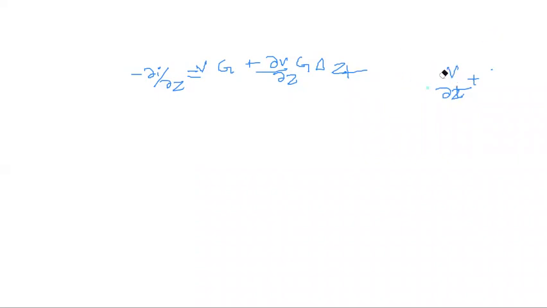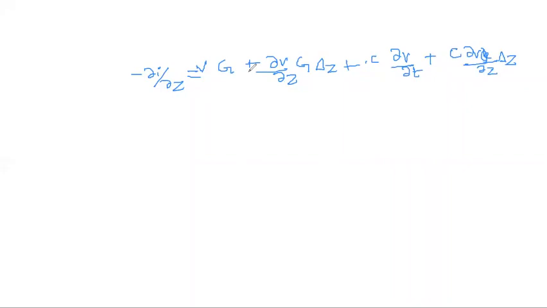Ma'am, Δz got cancelled. Yeah, it'll be 0 here. I did not write it, I was just writing. So here you have Δz. What is one more term remaining here? After you delete, that is C ∂V/∂t, correct? Yes, plus you have C into ∂V of ∂z, this Δz. Okay, done, right?